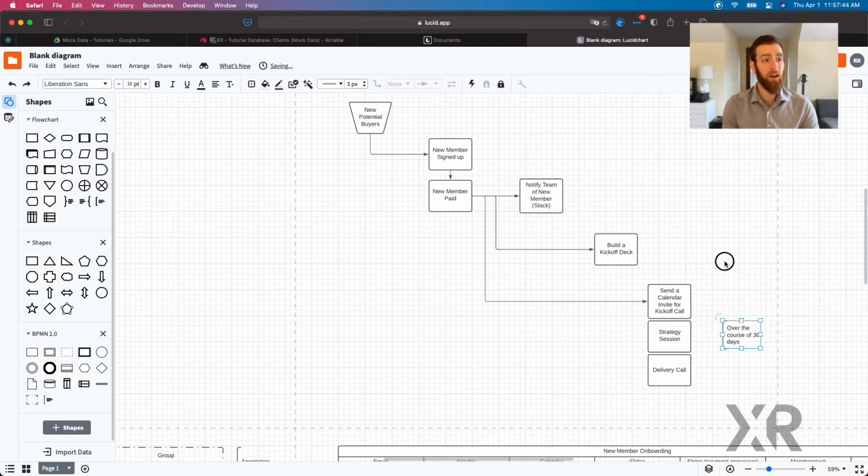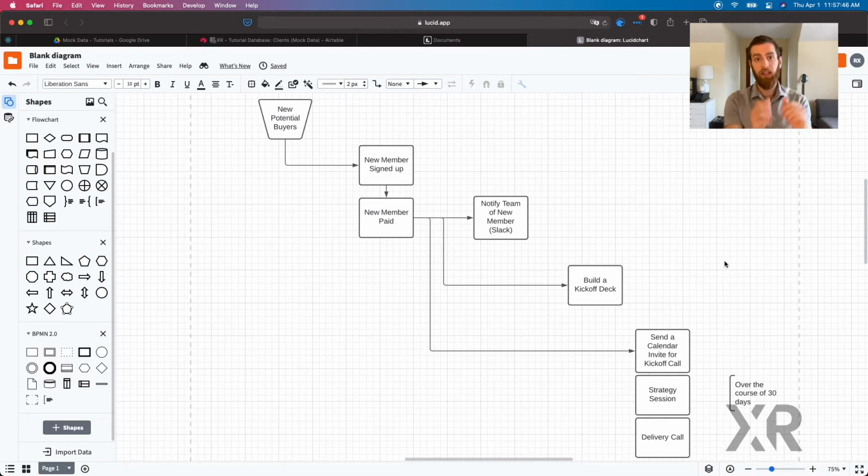So I might make a diagram just like this to show my team, hey, this is a process that we need to build, and this is at least the rough outline that we would build this process inside of Zapier, right? So you can have this diagram, and it really serves as a blueprint for you to build the other steps of the automation. Now, if we're going to sort of upgrade this, if this is a little rookie for your preference,